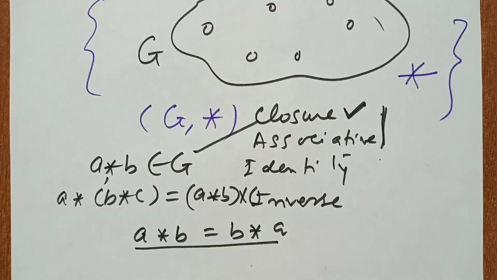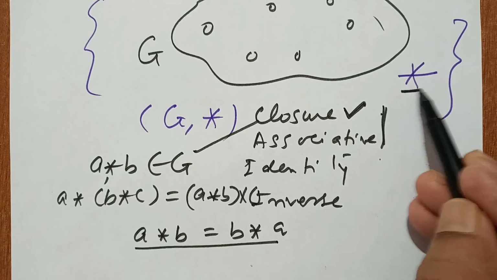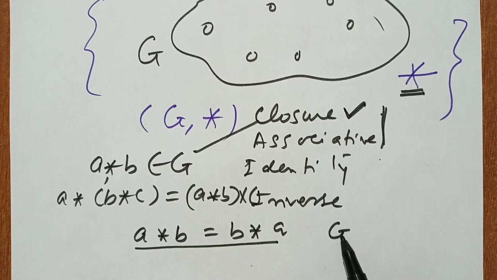One important thing is that this is a binary operation. If this is a non-empty set and this is a binary operation, then a binary operation is also the closure law, because a binary operation is a function: for any two elements of this set, taking this operation gives a new element that is also in this set. So remember that a binary operation is nothing but the closure law.